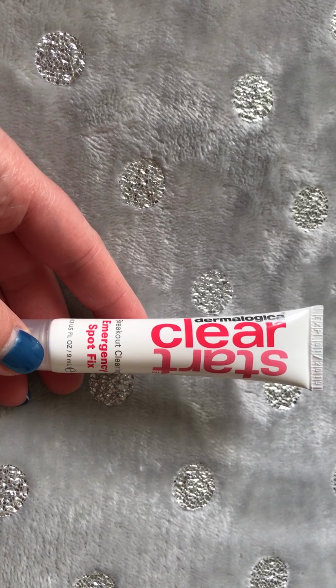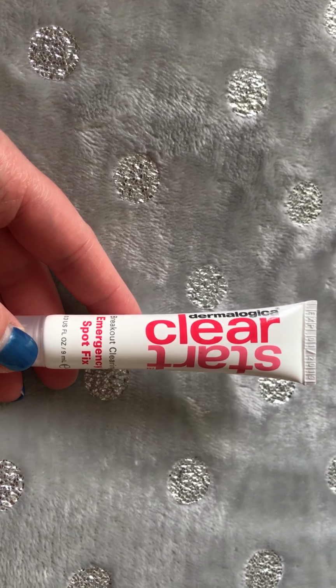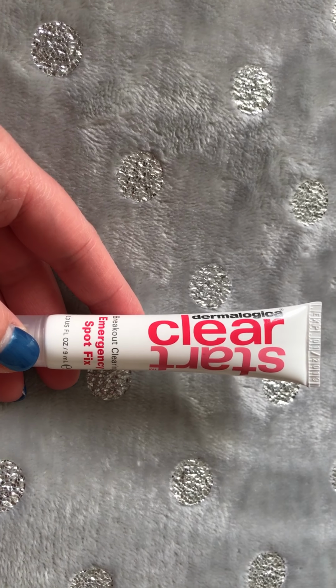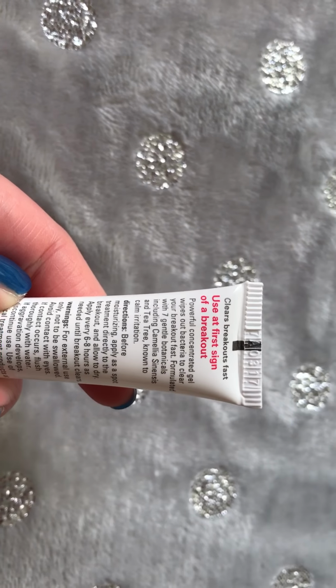This, though, is very, very nice. I know it's a small tube, and you don't get very much, but you don't use very much. It lasts a really long time, and this is a lot safer for your face, I think, and it's a lot gentler. So this one says, it's probably going to be hard for you to read this, but it says,